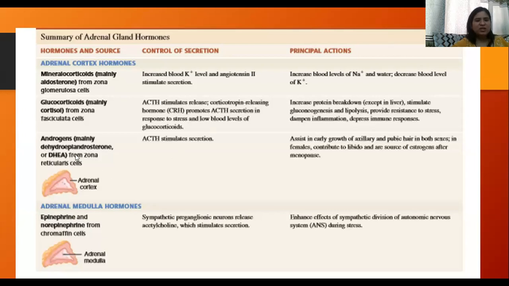Androgens, mainly DHEA, from zona reticularis cells. Control of secretion is ACTH, and what is its principal action? Growth of axillary and pubic hair, masculinizing effects in females, libido, and source of estrogens after menopause. Adrenal medulla hormones, epinephrine and norepinephrine, from chromaffin cells. Control of secretion